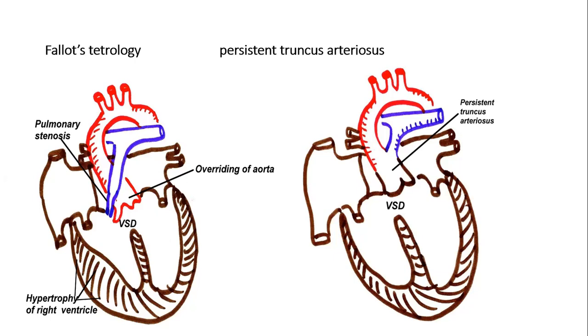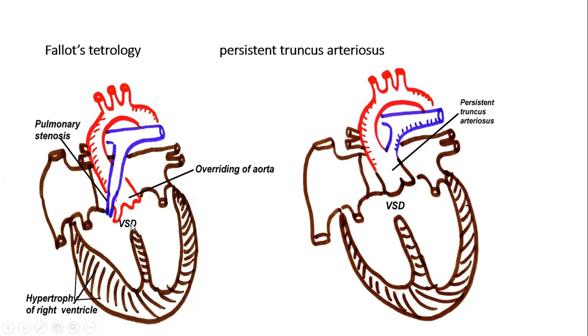One is that the blood will be pumped from the right atrium into the ventricle, so there is hypertrophy of the right ventricle. Then there is the ventricular septal defect, so the blood will be pumped from the right to the left. And if you see here, there is pulmonary stenosis. The pulmonary artery has become small. Stenosis means narrowing. And then the overriding of the aorta. The aorta is supposed to start from the left ventricle, but it opens from both the right and the left ventricle. This is called the overriding of the aorta. These are the four signs of Fallot's tetralogy. That's why it's called tetra. Tetra means four. One is hypertrophy of the right ventricle.